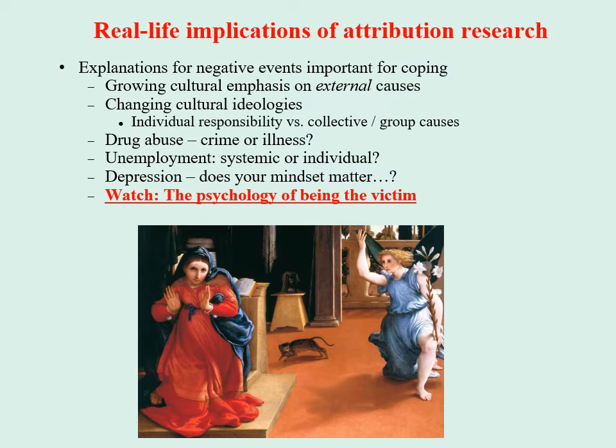A similar dichotomy exists in explaining many other negative social outcomes. For example, unemployment you can explain as due to the economic system. There is nothing you can do about it. Or you might say, maybe I'm not well enough prepared. Maybe there is some way in which I am responsible for becoming unemployed and I could improve the situation. This is particularly interesting when it comes to depression, because depression does imply a kind of helplessness, and we're going to look at how self-attributions may make a big difference in how people cope with depression.